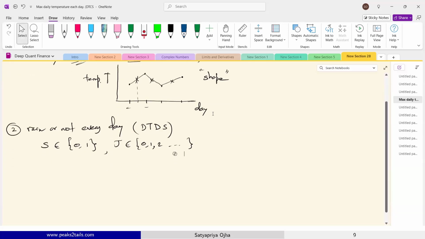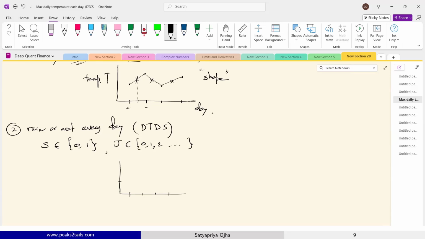How do we plot this? Same thing as above, no difference. So you have time here, every day. Let me shift the y-axis so that you can see. Let's say this y coordinate is -1 here, and this is 0, and this is 1. So every day either you are here or here. Two possible values. There's nothing in between. So discrete time, discrete space.